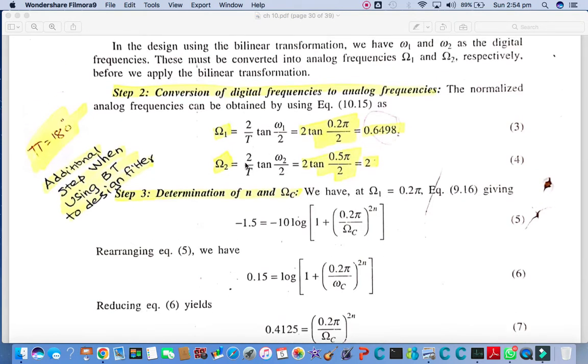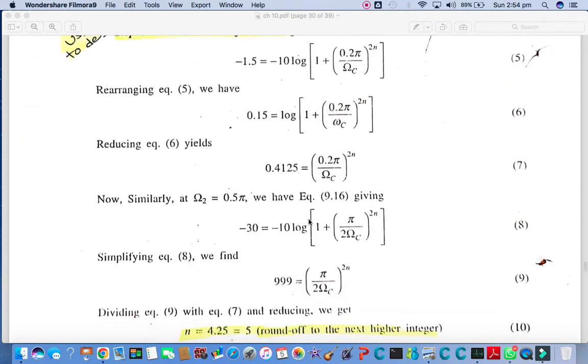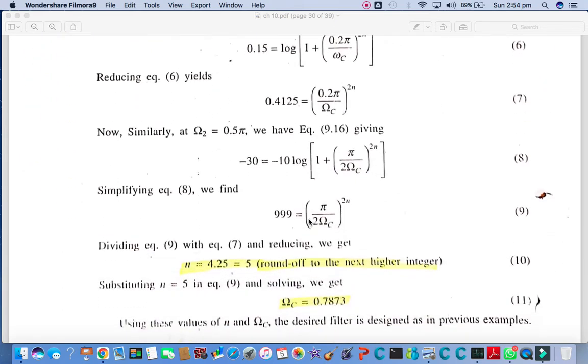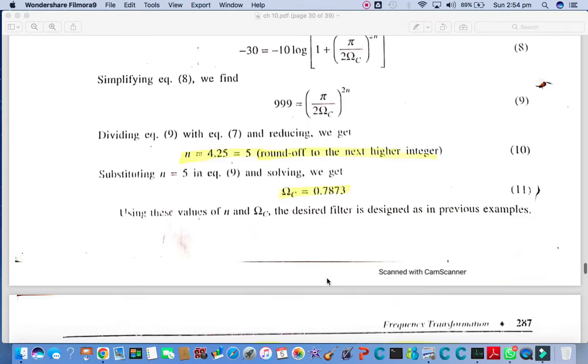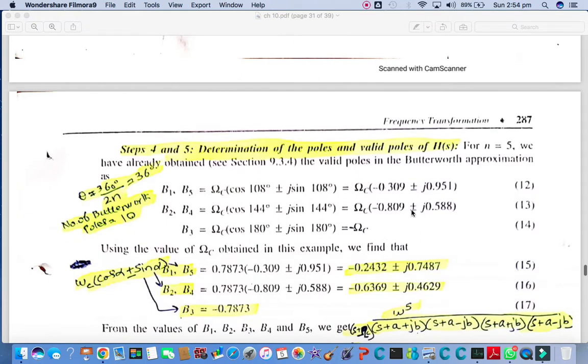So we have put H1(ω) and ω1 in one Butterworth equation, and in another Butterworth equation, we have put H1(ω) and ω2. We have two equations of the Butterworth approximation mathematical model, and we have simultaneously solved those two to get the unknown values of n, 4.25, rounded off to 5, and ωc. And with the help of those